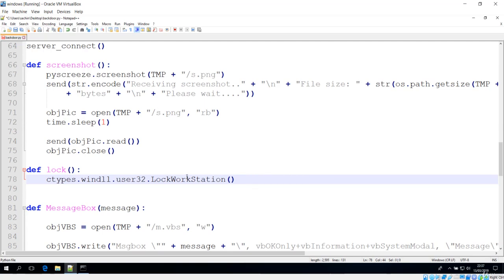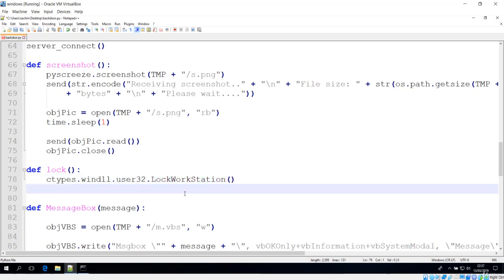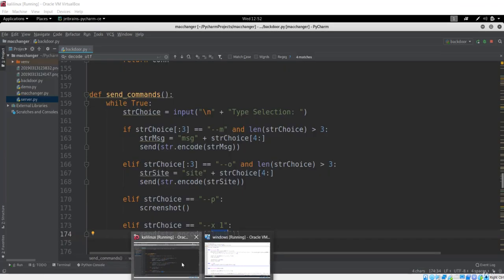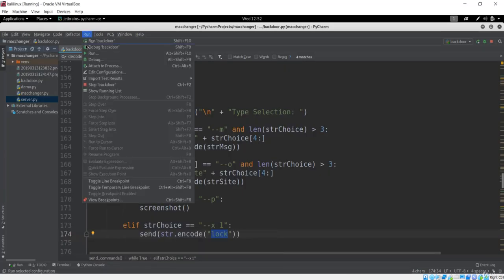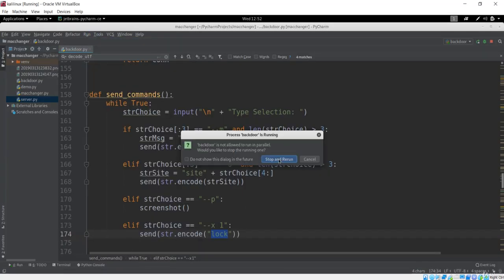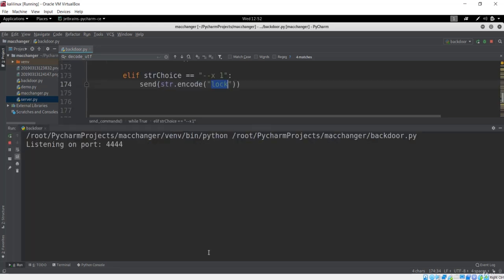So you can see we have just used a one line statement in order to lock the PC. What we did is make use of this ctypes module, and we have this interface, WinDLL, which loads the DLL for WMI tasks, such as process creation or management tasks. After that we use this method to lock our workstation. Now let me save this first. Let's run our Kali machine, and run our backdoor because we first need a listener. I'll stop and rerun.